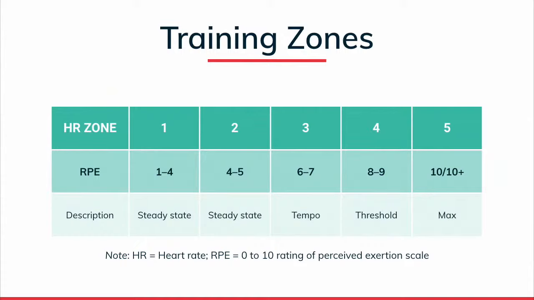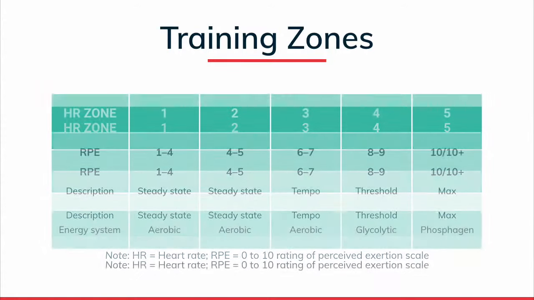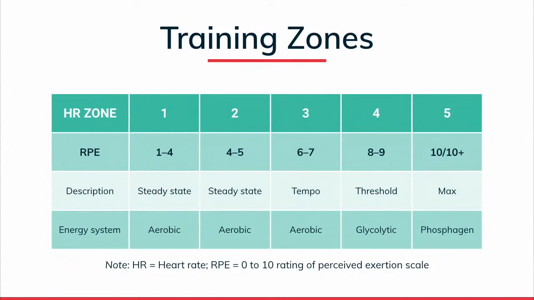And as I already said, heart rate and RPE, and as we'll see on a few slides, VT and LT all correlate very well. So once again, use what you have. Use what is comfortable and consistent with your clients. Here's the same information, but now we're matching it to energy systems. So the lower training zones, 1, 2, and 3, are where we're in more of the aerobic fitness system. So aerobic, carb, fat, protein, contributing to ATP production. Zones 4, zones 5, now we're dipping into anaerobic, so glycolytic and phosphagen systems.